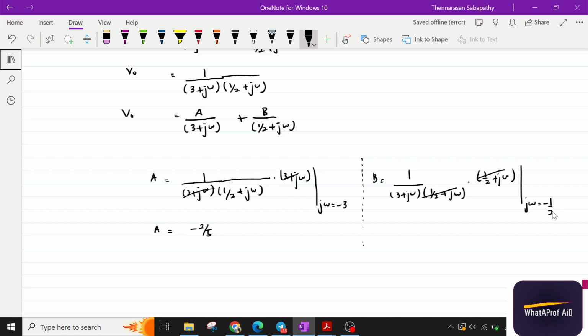Then we should compare with the table again. In this table, where you have this function, if you have a function like this, this will have e to the negative at,